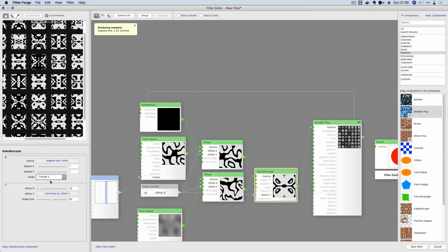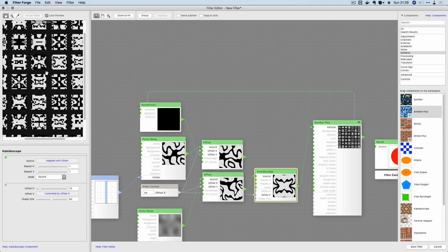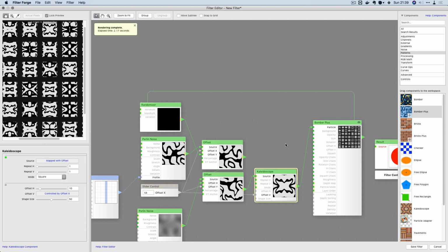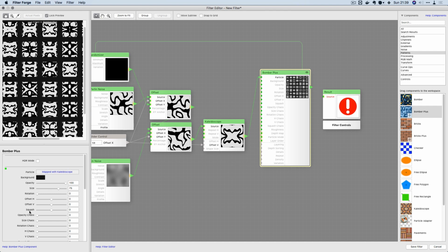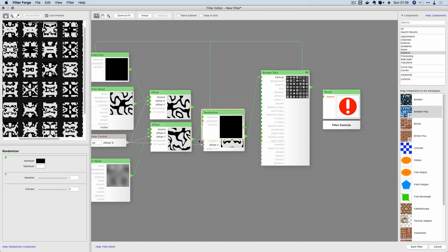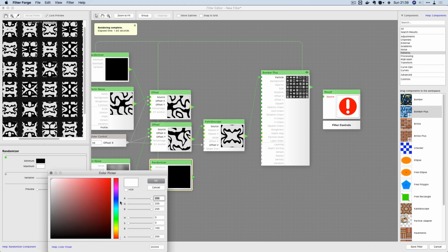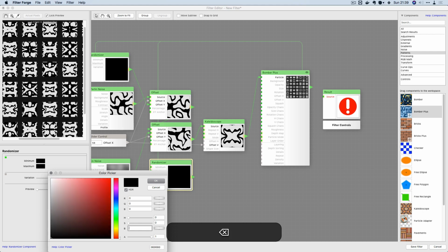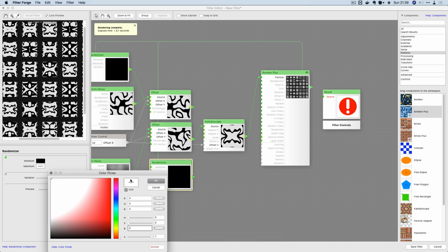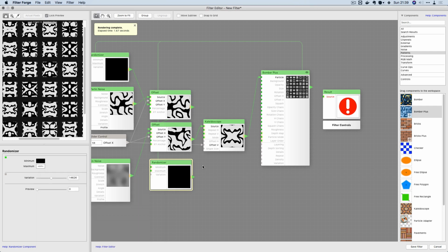So if we were to change the kaleidoscope type, we're going to get something different. Cool. But I'm going to want even more randomness here. So I'm going to use another randomizer to throw some randomness into the kaleidoscope. I'm going to input an HDR value of 3. That's going to bloat this white area, which is going to drive the mode, which needs a